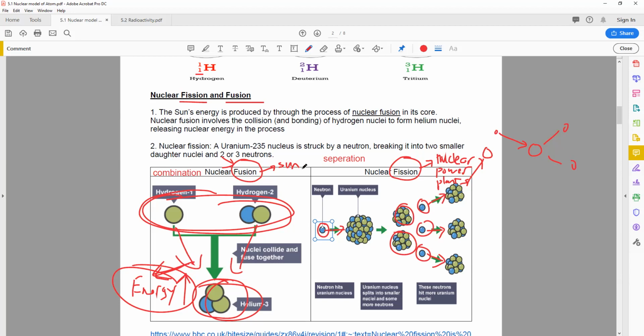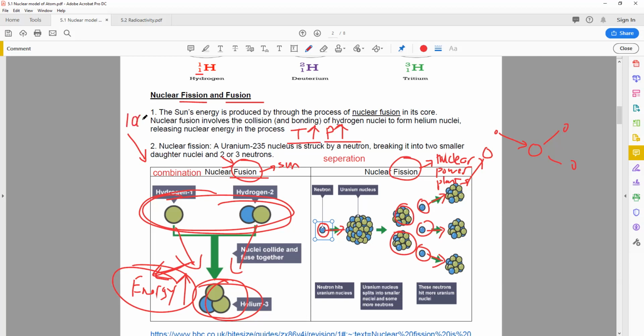Okay, so for those who are wondering why we don't use fusion, even though there's more energy, it's simply because for nuclear fusion to take place, it has two very specific characteristics. Number one, the temperature must be extremely high, like in the sun. And the pressure must be extremely high also, like in the sun. Today, if we want to recreate nuclear fusion on Earth, we actually can, but the amount of energy that you put in to raise the temperature and raise the pressure